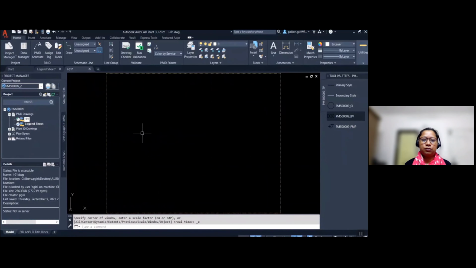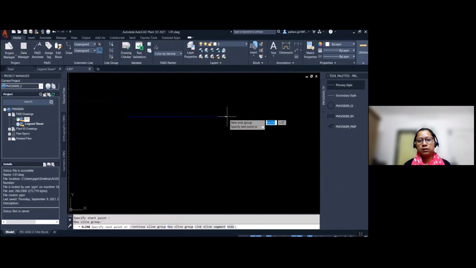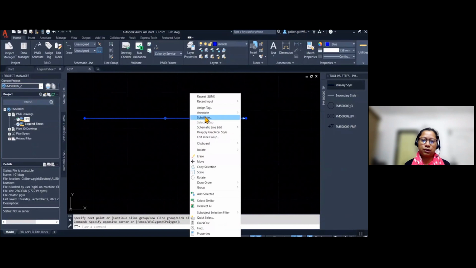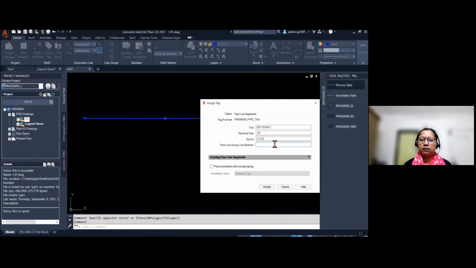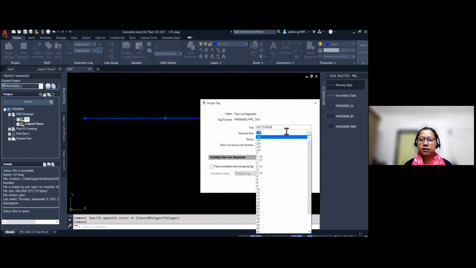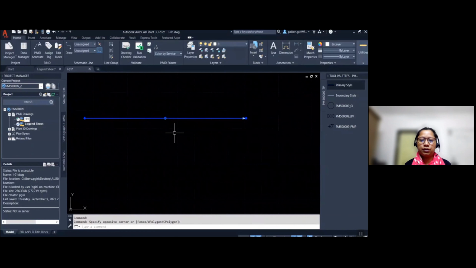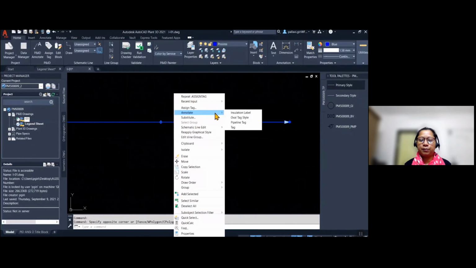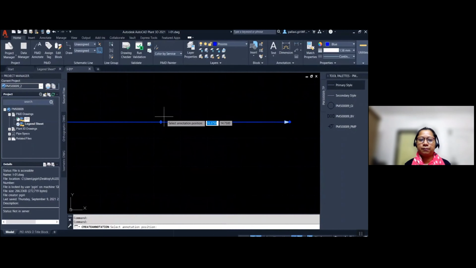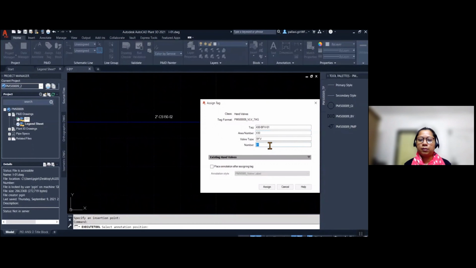So in this new drawing, I'm also going to add those components to test whether it's working correctly or not. So I have placed the new pipeline first with the line number 02, nominal size 2 inch, and I'm placing the annotation. Now the next component is wall with the number 02.